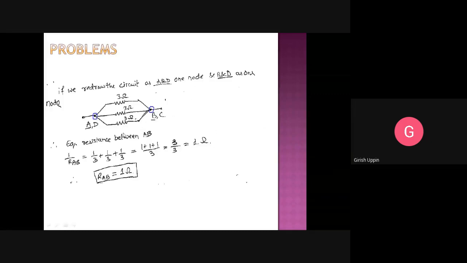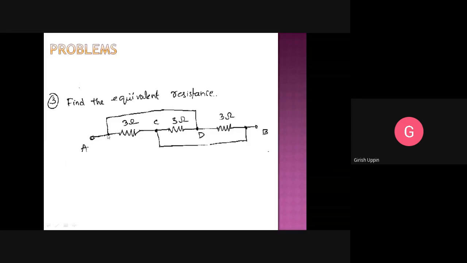So you can see here, if you rotate this one, this node is nothing but A and D. And if you rotate this one and join here, it is B and C. So this is just a wire, or you can say a node. The potential here and the potential here would be exactly the same, that means that is the same node. Current will not flow here. You understand, right? Whenever the potential is the same, there will be no current flowing in that. That means essentially this point and this point are exactly the same.